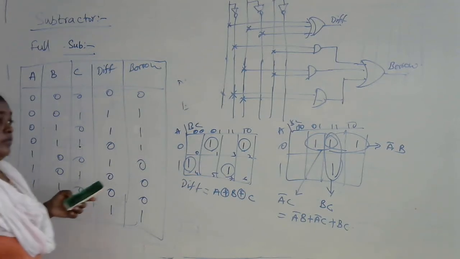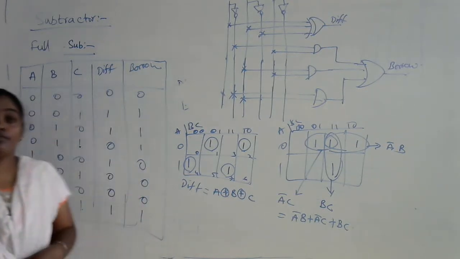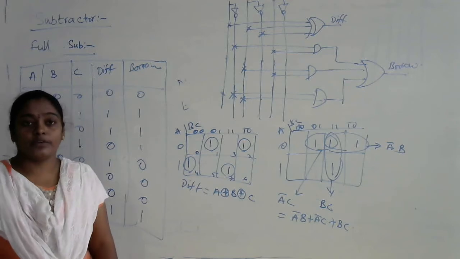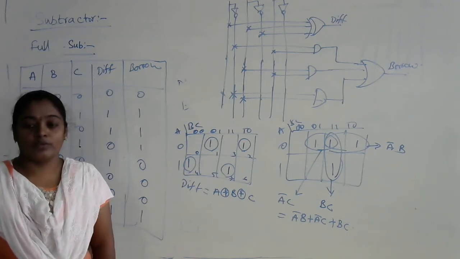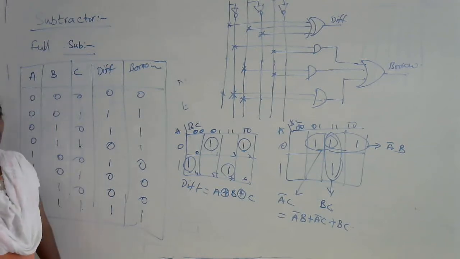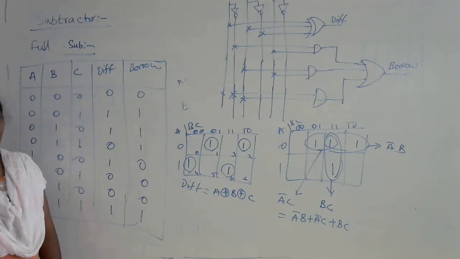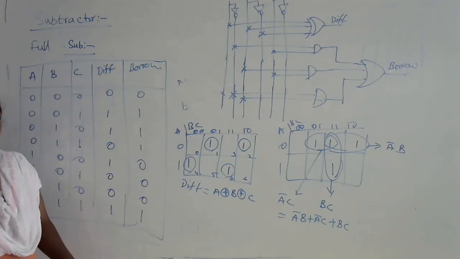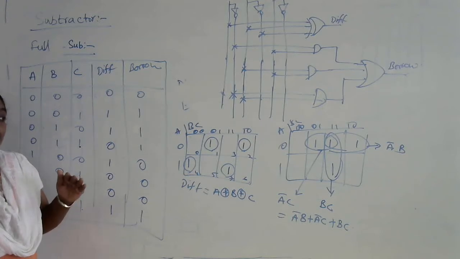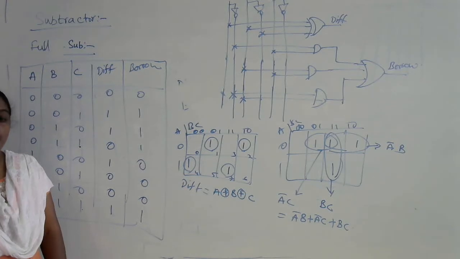Similarly, we may have a question in such a way that we need to design a full adder or full subtractor circuit using a half adder circuit or half subtractor. In such cases, first take the outputs from the half adder. Whenever we are designing a full adder using a half adder circuit, we need to use two half adder circuits followed by an OR gate. Output of first half adder will be A XOR B. For that A XOR B, just add the other one, C, so that you will be getting A XOR B XOR C.